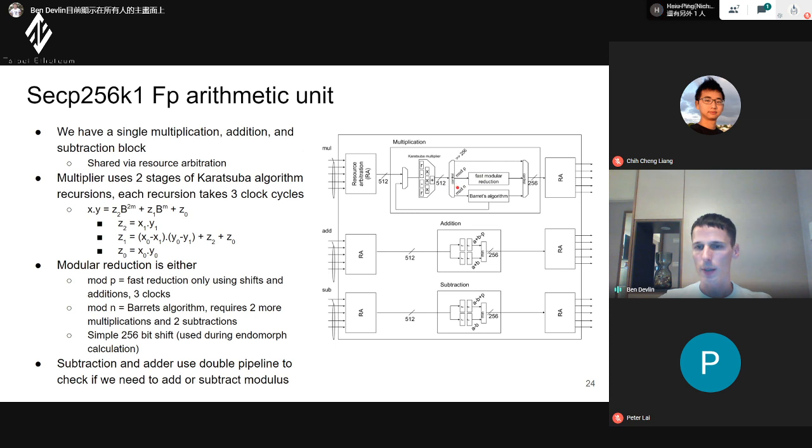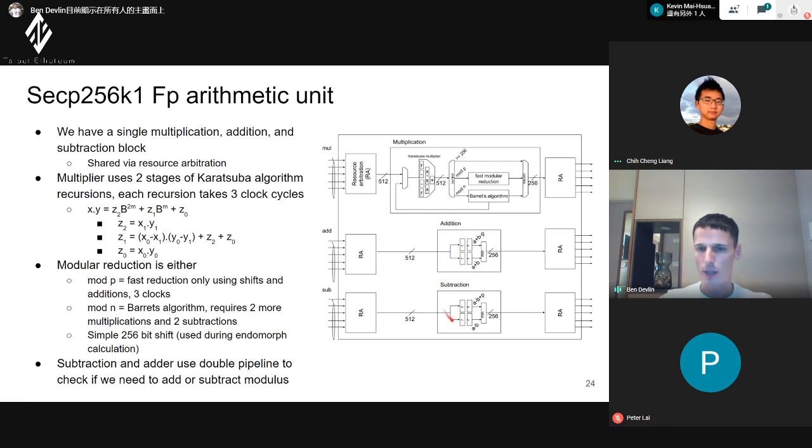But if we're doing something in the setup for our ECDSA, we require mod m, which is the group order. Because of this, we implemented Barrett's algorithm. And Barrett's algorithm, when you're doing a modular reduction, requires 2 more multiplications. So we reuse the same multiply here. This takes longer, but this allows us to get the result.